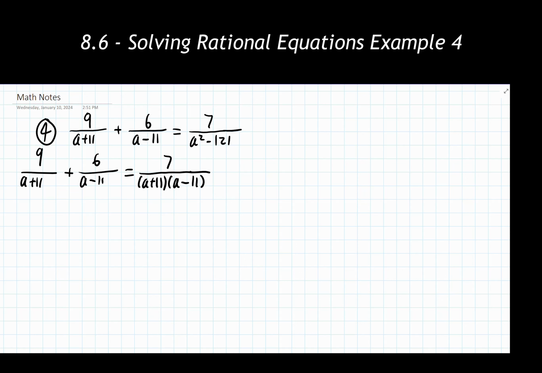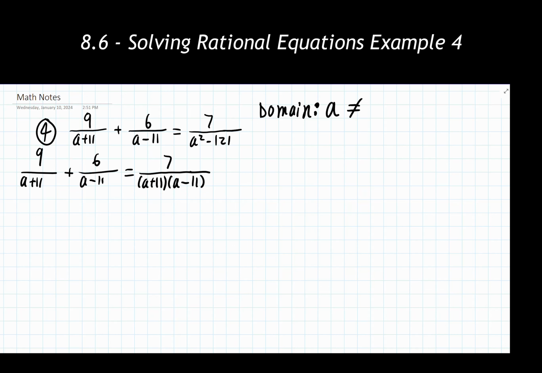So now, for our domain, we want to find any a values that would create division by 0. So I'm looking at my first, second, and third denominators. I'm seeing that this first denominator and that last one have something in common. And my second denominator and the last one also have something in common. So while I have three denominators that have variables in them, I only need to find where these equal 0, and those same domain restrictions are going to apply to this one.